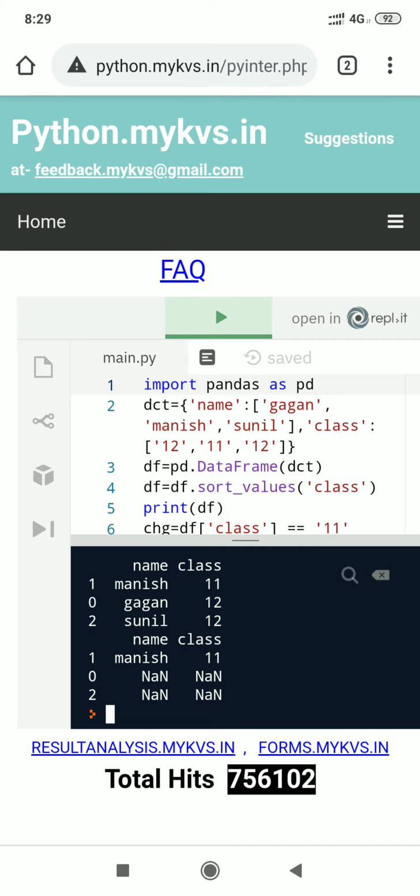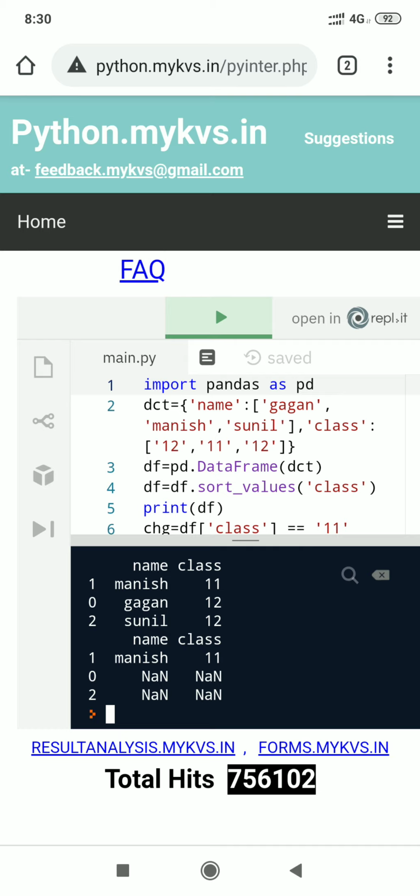The first print statement displays the data before sorting, because our data is class 12, then 11, then 12, so it's not in arranged manner. And if we apply sort_values, it arranges the data in ascending order of class. So first the class 11 student, then 12, then 12.